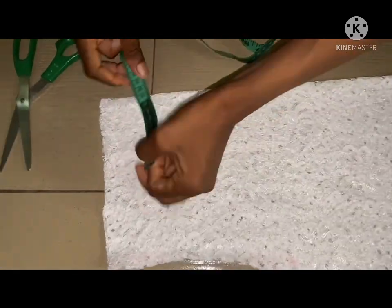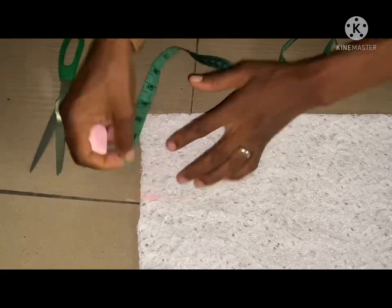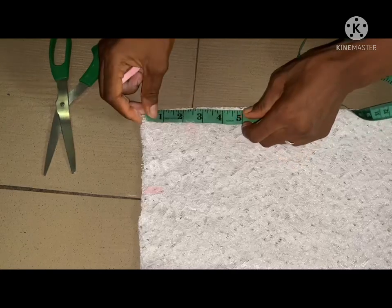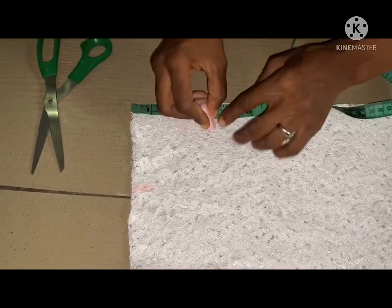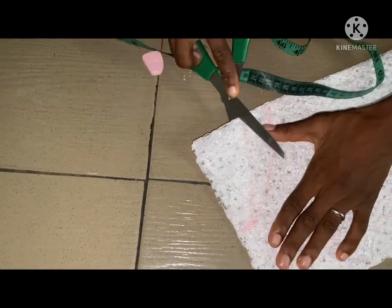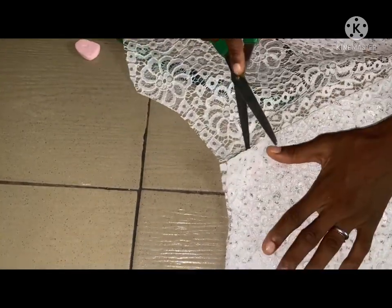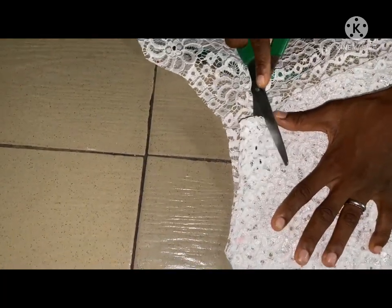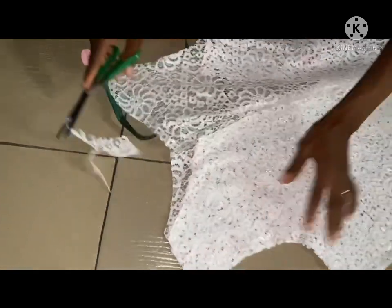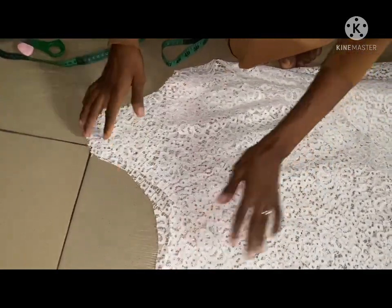The next thing is to check the wideness of the neck, then the deepness of the neck. The wideness I'll be using is 4 inches. You see it's wide. The deepness I'll be using is 2.5 inches for the back, then 3.5, then 4 inches for the front. Then let me connect the lines together. That's it. So I'll be cutting the back first, then I'll open it to cut the front. So by the time I tape the neck,